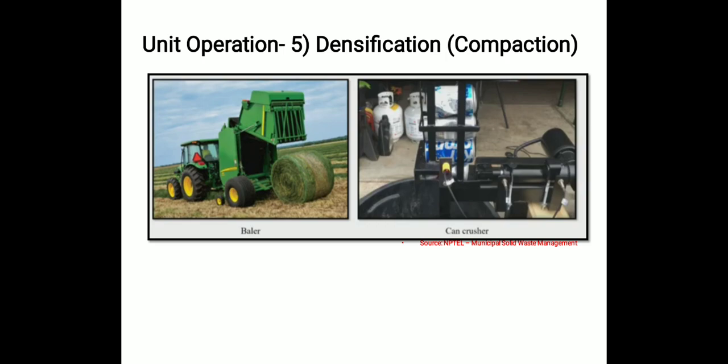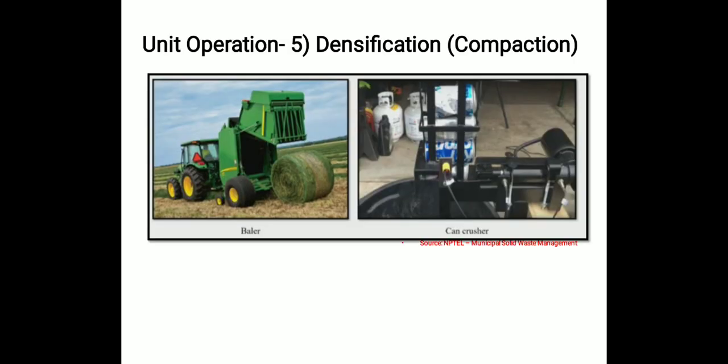This picture shows the balers and can crushers. Balers are used for preparing rolled material, while can crushers compact material to increase its density and reduce its size. By using these different mechanical equipment, we can separate different materials from the waste stream. That is, these different unit operations are used in a material recovery facility, so that we get material for reuse or recycling recovery purposes, and the extracted non-useful material can be provided to waste to energy. This is the first part in unit number 4, processing and energy recovery.